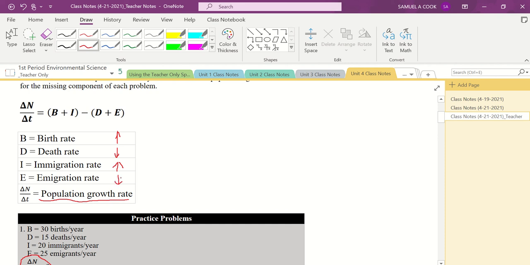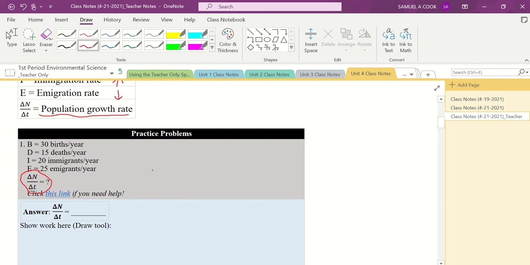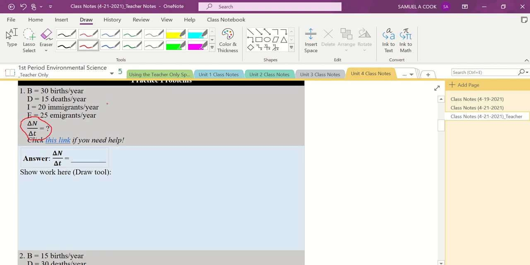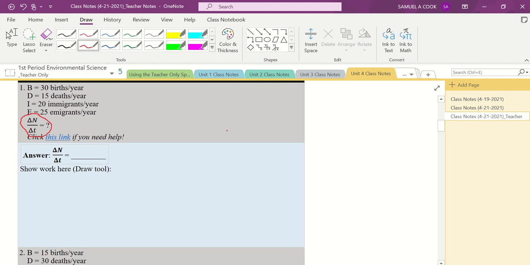So for number one, we're given all the values except our population growth rate. So let's take a look at this and let's try to isolate our population growth rate so that we can figure that out. So let's do change in population over change in time, which is our population growth rate. It's going to be equal to our birth rate plus our immigration rate with an I. So we'll say 30, because this number right here, and then 20. So 30 plus 20